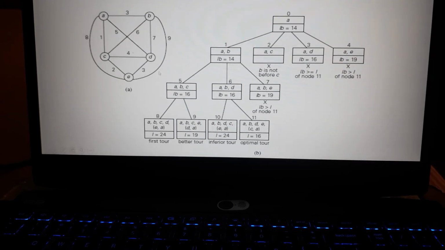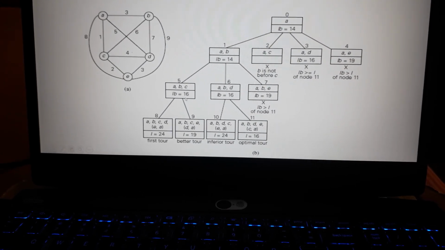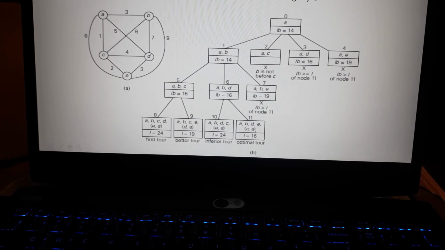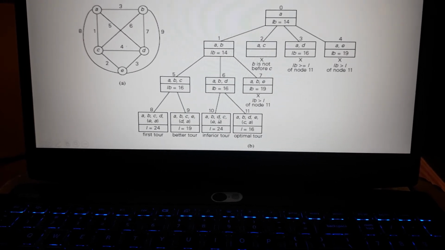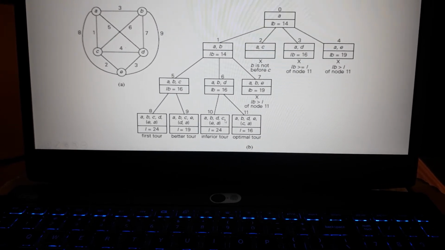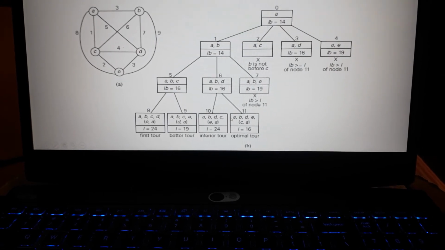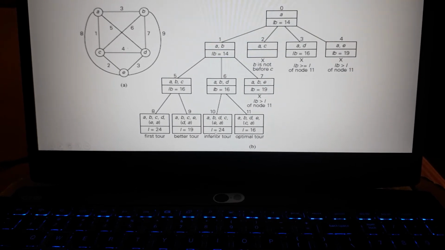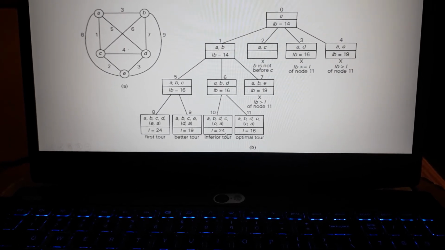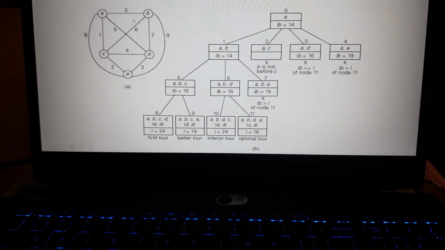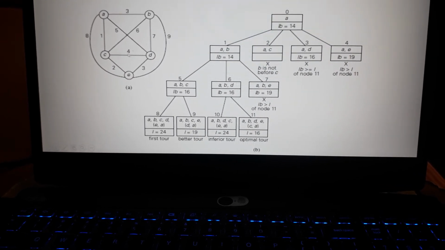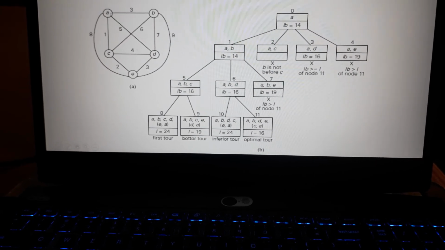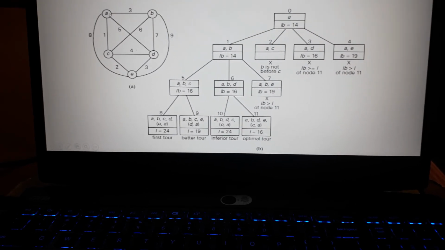Next, we will go back to the parent level and we will move to the adjacent node 6. So, we will extend the children of 6. Here, after visiting the cities A, B and D, if we visit C, now we completed visiting 4 cities. So, we have to visit the 5th city E and return back to the city A. So, the length of the tour is equal to 24. Like AB is 3, BD is 7, DC is 4, CE is 2 and EA is 8. So, the total length is equal to 24.